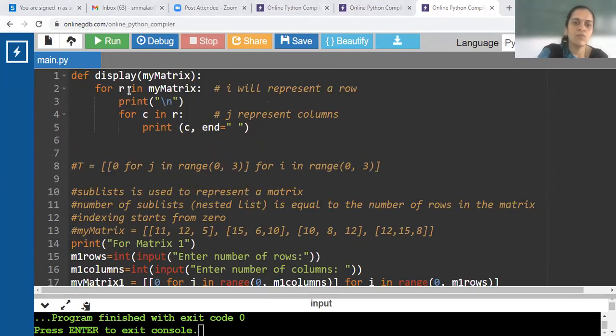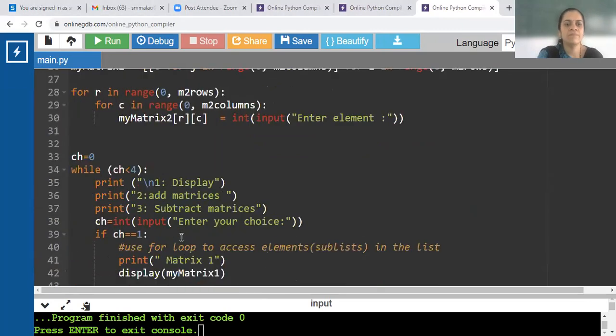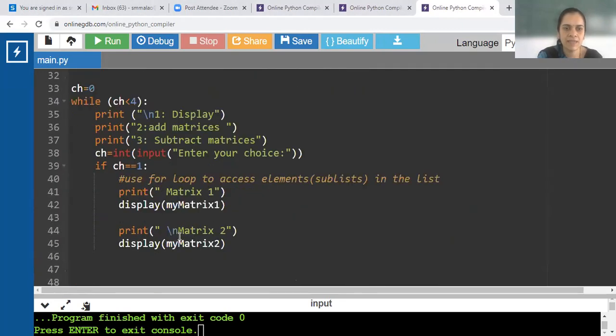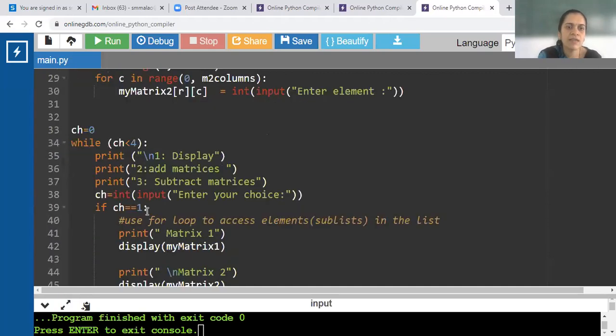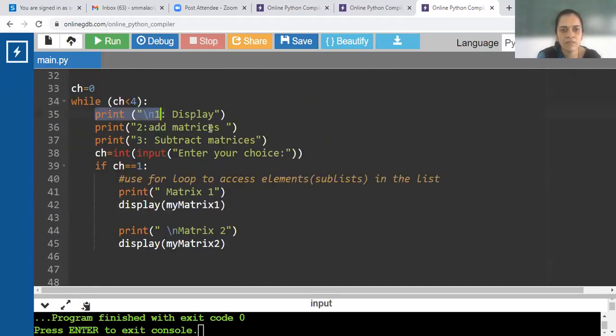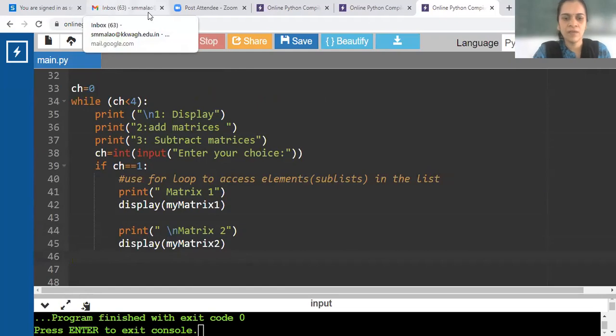So now you can write a program to display a matrix, to read two matrices from user, create matrix, read its values from user, and a menu driven program with functions to display a matrix. Have you understood? So can we write a similar function to add two matrices? Yes, how can we add two matrices?